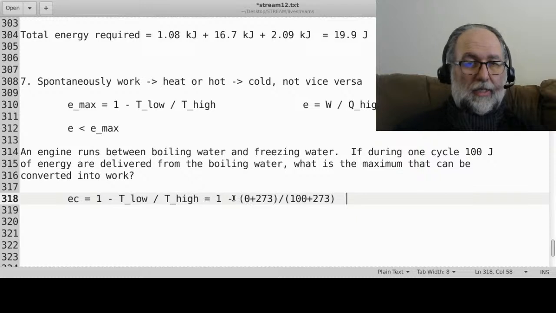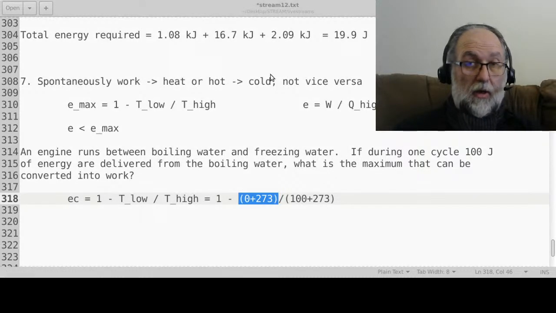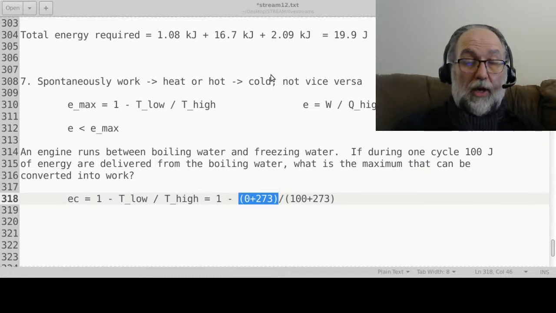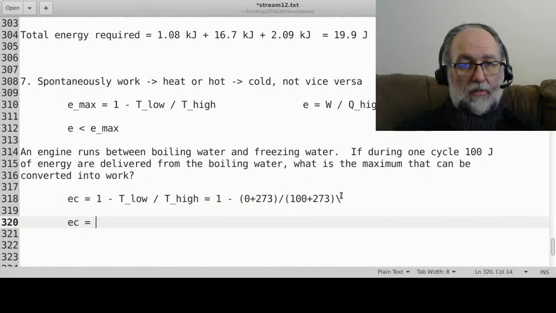Okay, so what did I do? This is the temperature at which water freezes. 0 degrees Celsius converted into Kelvin is 0 plus 273. The temperature at which water boils is 100 converted into Kelvin, so you add 273. Okay, so what's that number equal to? Well, this number is equal to, write it down here, EC is equal to